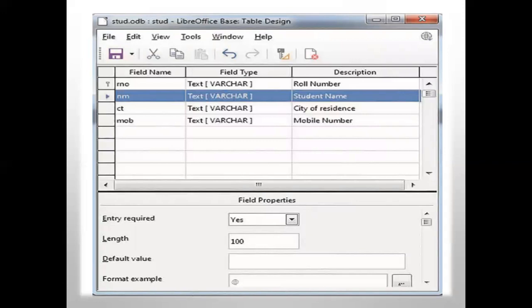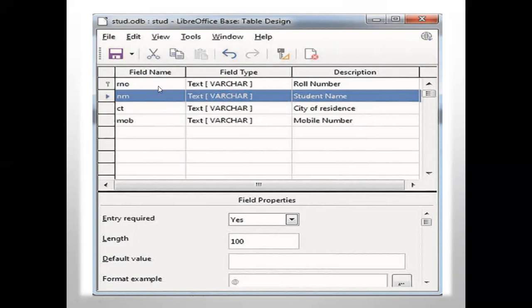This window will appear on the screen saying type the field name, the first one. And here will be the type of data. What is the type of data you want to store in that particular field? So here you have to type the field name and here you have to type the field type.